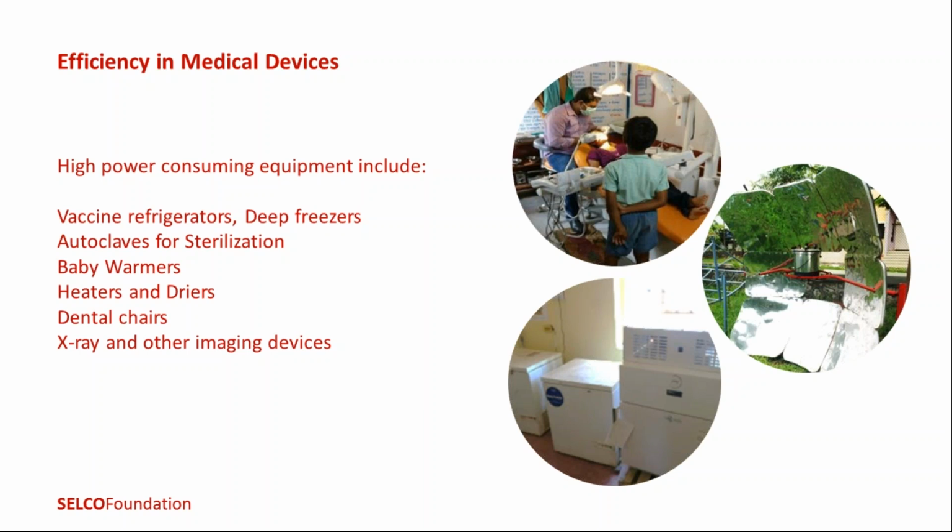So what tends to happen, and I'll cover this in the next slide, is that a lot of health services tend to get more centralized, where power supply is available. And as we go down to the doorstep where health services are necessary, you would have neither the equipment nor the energy to provide these services. Based on an energy audit we've done of some of the primary health centers, what emerged is that certain equipment consumes a lot of energy, whether that is refrigerators, autoclaves, baby warmers, heaters and dryers to dry slides, dental chairs which have suction devices, and also larger devices like X-ray and other imaging